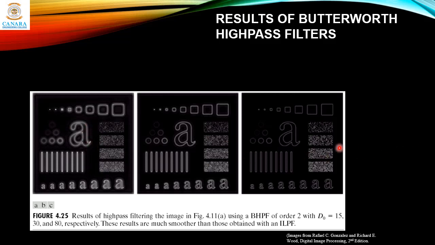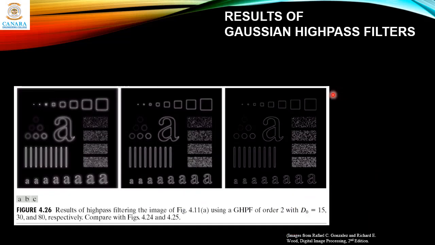It is absent at a higher cutoff like 80, not visible, and the result is much smoother than those obtained with the ideal filter. And this is the effect of using the Gaussian high pass filter, where ringing is absent, as we have studied why. The results are much better and refined.